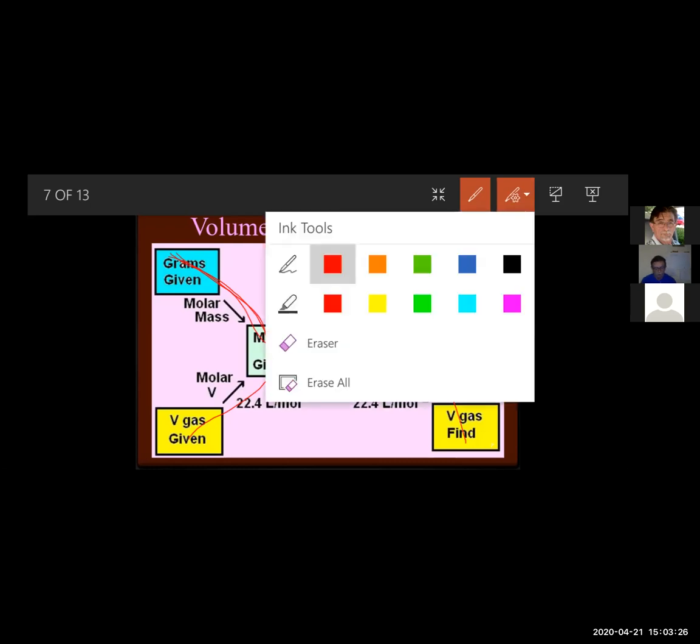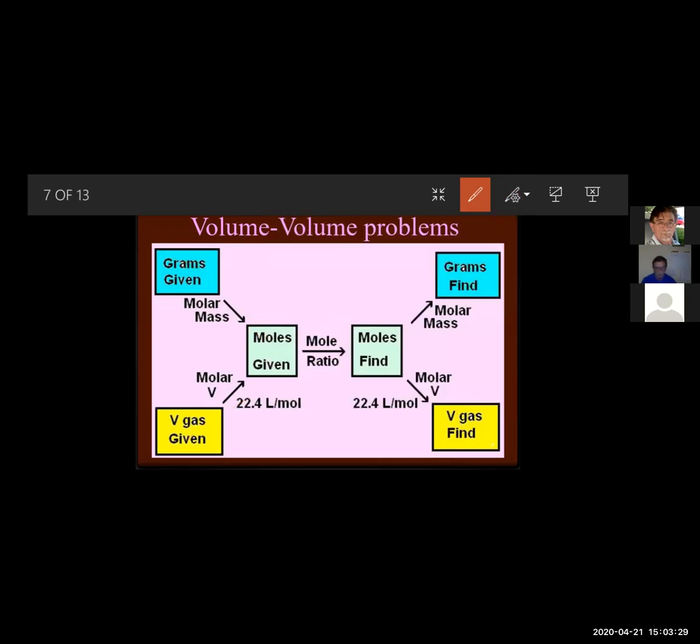The main point here is I can't go anywhere without getting everything into moles. And furthermore, I can't get the right answer if I don't have a balanced chemical reaction. If it's not balanced properly and the ratio is, say, 1 to 2, but you balance it as a 1 to 1, obviously your number would be incorrect. So you've got to make sure you have a balanced chemical reaction and then get into moles. That's the only way I can get from apples to bananas, if I go through moles.